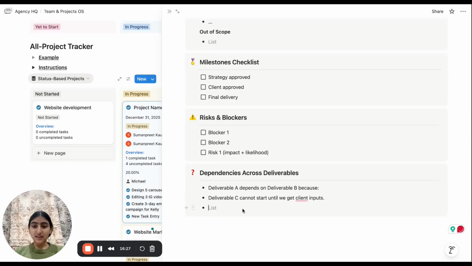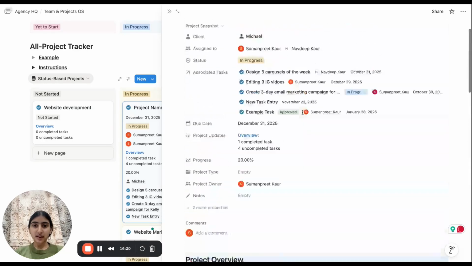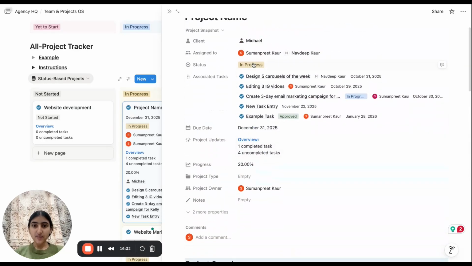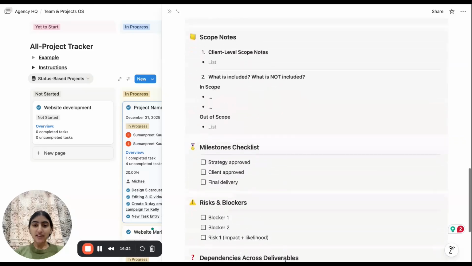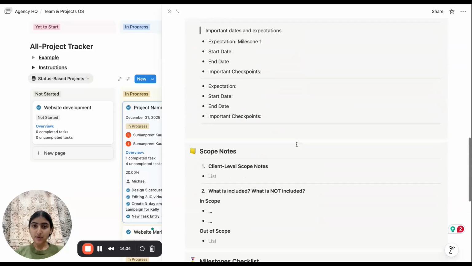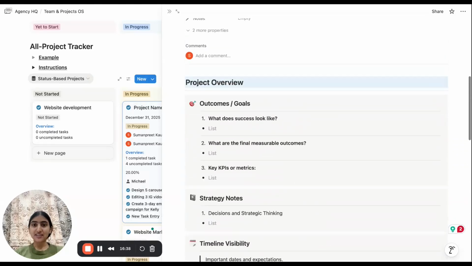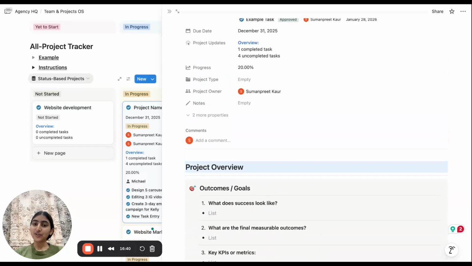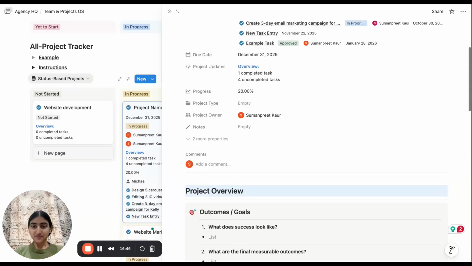The best part is that let's say it's a client's project. Okay, let's say Michael. So now Michael can see everything here about the project. Your team can see and record everything here, and including you. So this single page brings everyone to the same place.